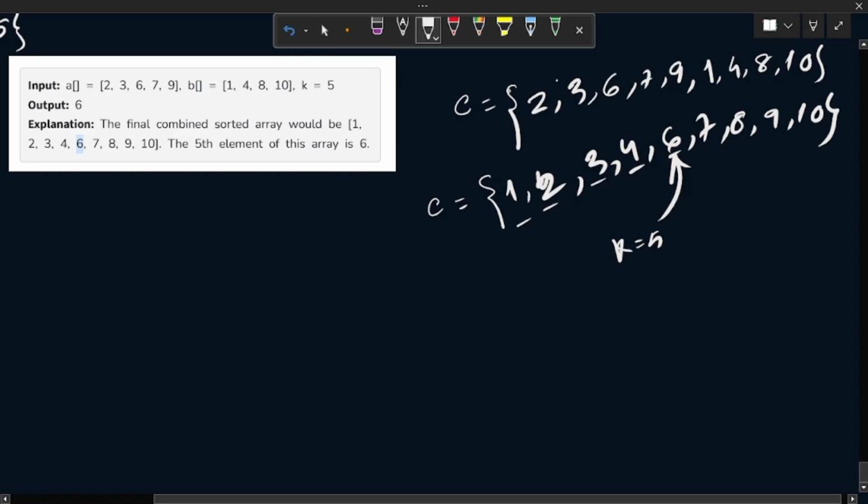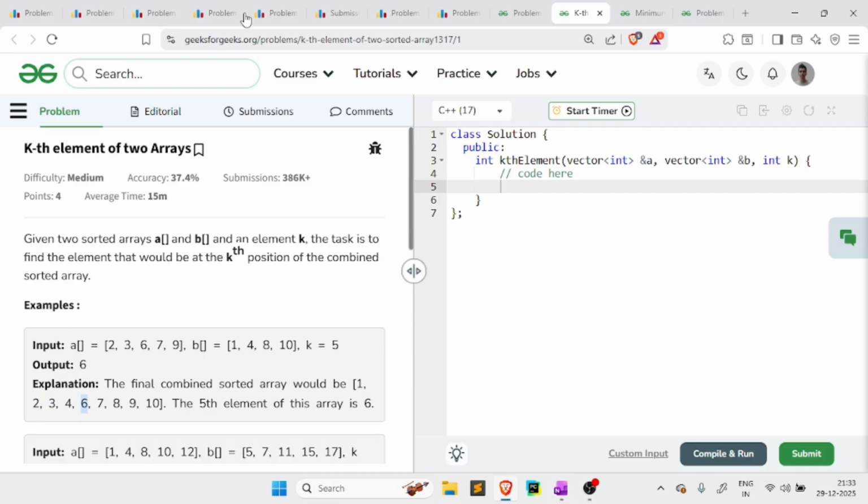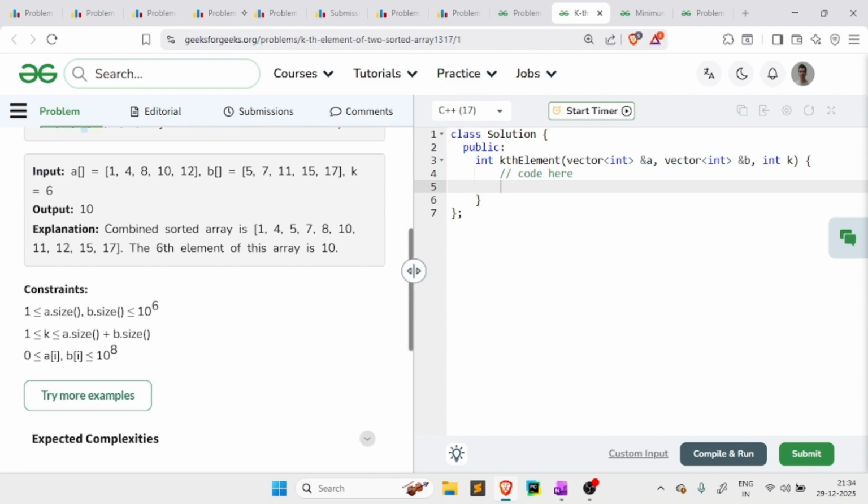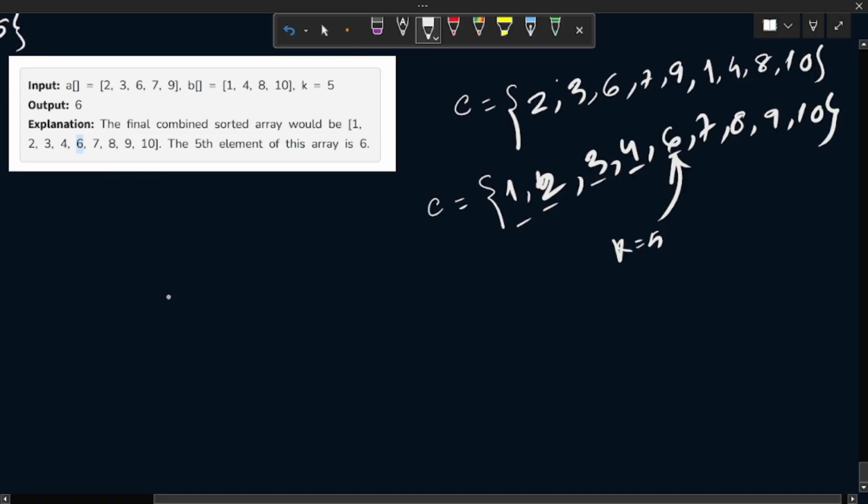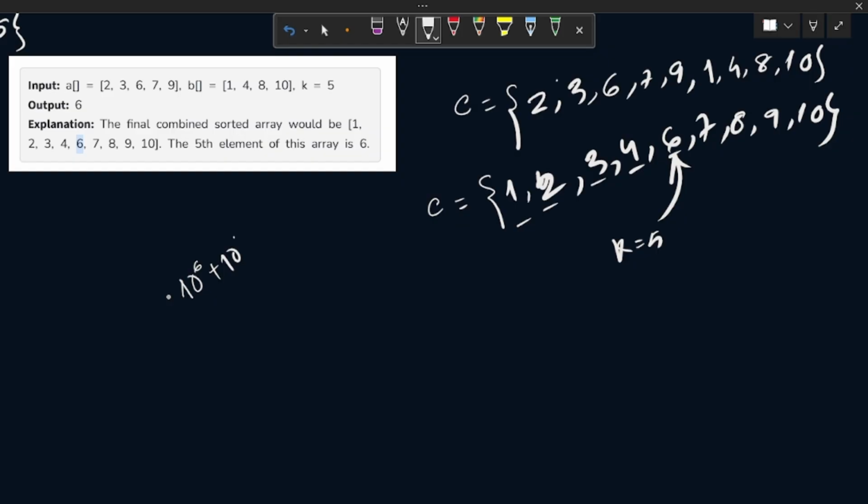But how are we going to solve this problem? Basically, we need to merge these two sorted arrays. A and B will be sorted at the very beginning, given two sorted arrays. And if we try to merge them, then what is going to be the time complexity? Let's see. Both of them can be up to 10 to the 6. So if we try to merge them, it will be 10 to the 6 plus 10 to the 6